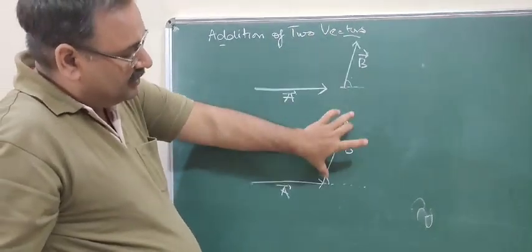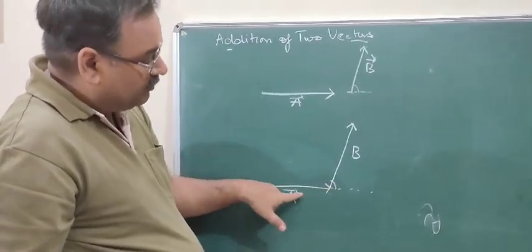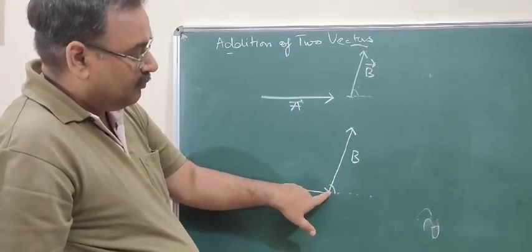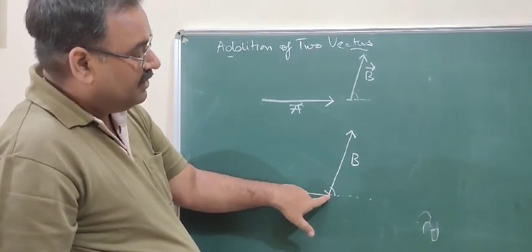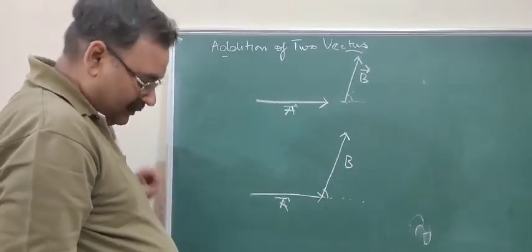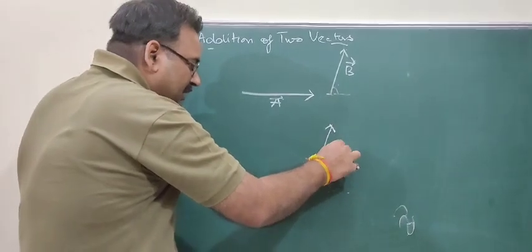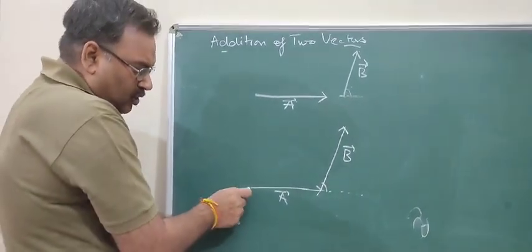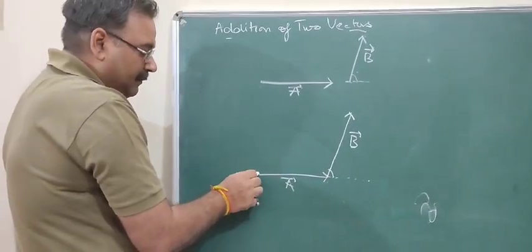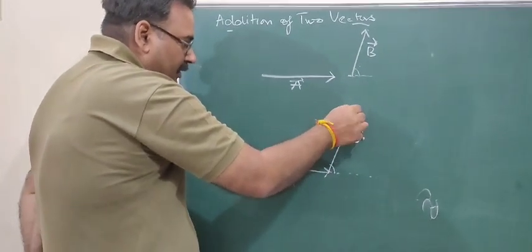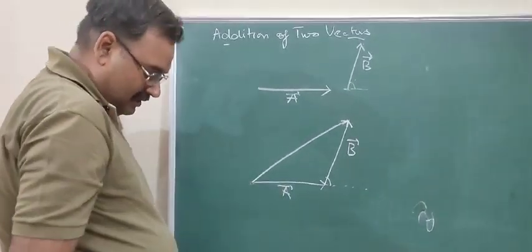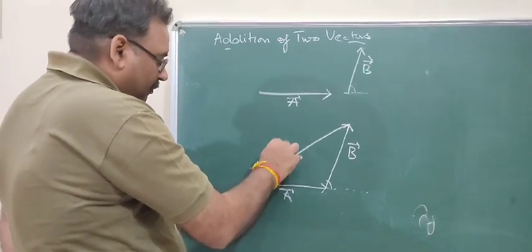The magnitude of these two vectors is the same and the angle we have produced is the same as for vector A, and we have taken this same angle here, and at the final point of vector A we have the initial point of vector B at the same angle. Okay, now what do we need here? The resultant. So we have added these two, so from here, the starting point of A, we will join it to the final point of B. Okay, we have joined this. So this is the vector A plus B, the resultant vector.